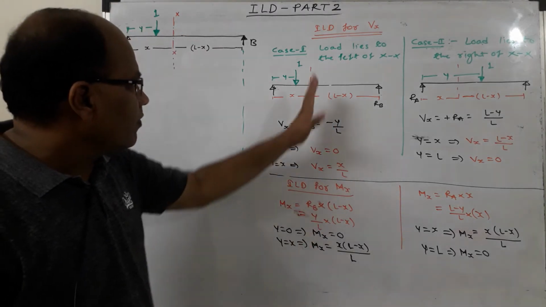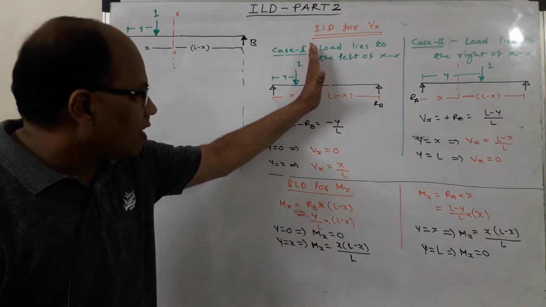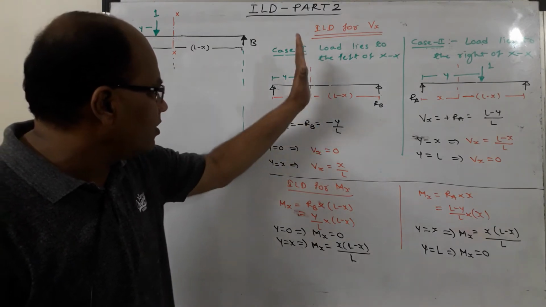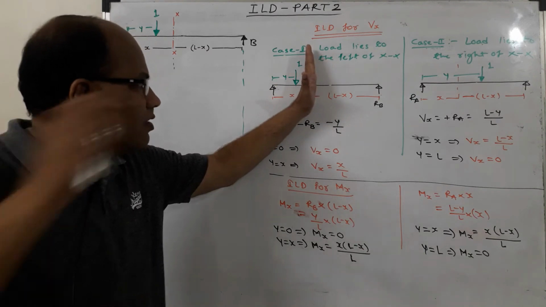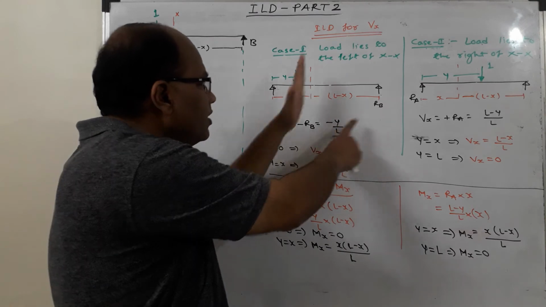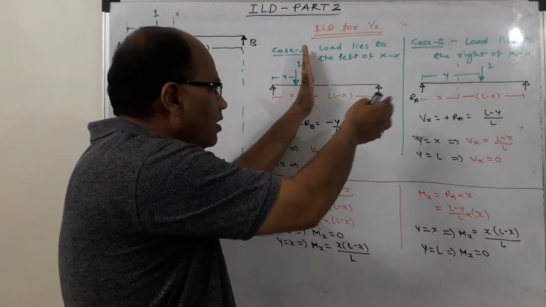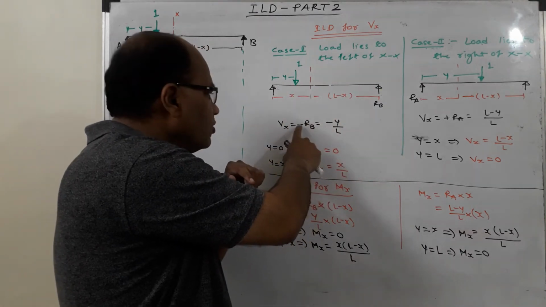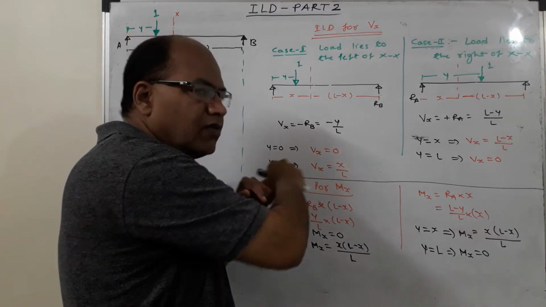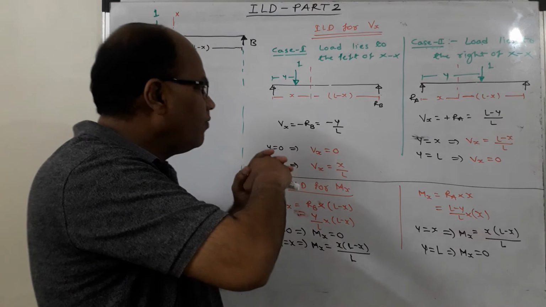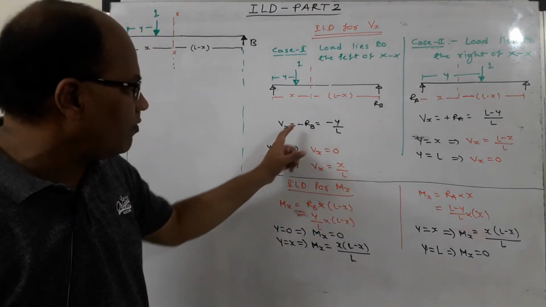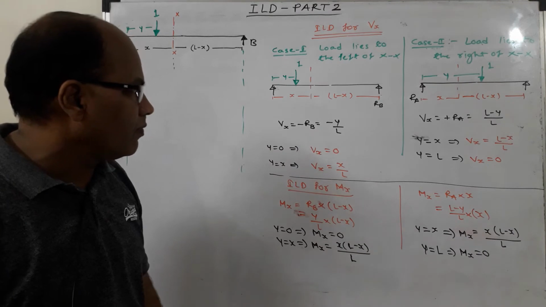So here when the load is in the left part, I will be getting the shear force from the right part, and Vx, the shear force at section XX, will be Rb, the only force on the right part. So Vx is equal to Rb, but it is acting upward and it is in the right part, so it should be treated as negative. So minus Rb, and the value of Rb is known to us, as it is a function of the position of the load. Rb is equal to y upon L, and that is why Vx is equal to minus y upon L.